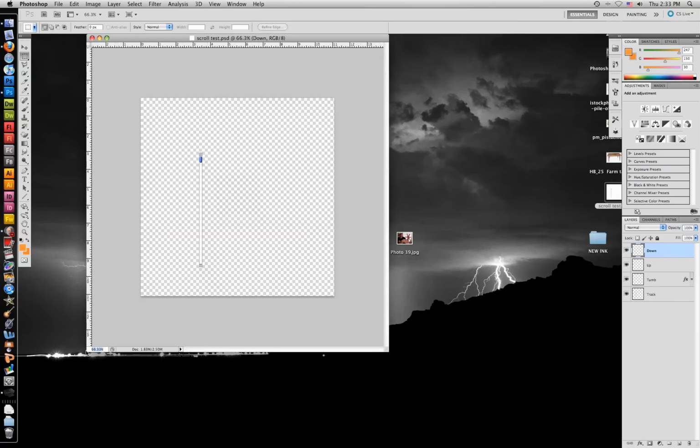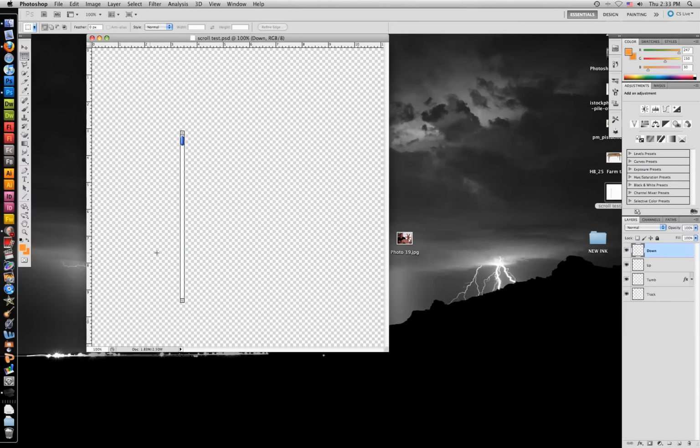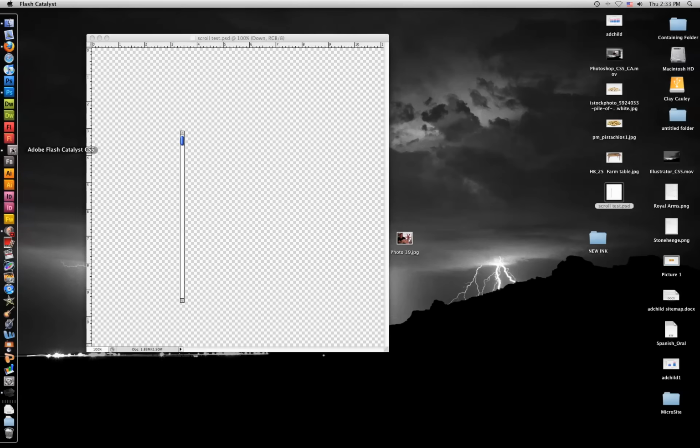Let's go ahead and do this. All right. You'll want a track, which is what you'll slide up and down on, and then you'll want what Flash Catalyst refers to as the thumb, and that's this. So we've got all of that, and I've already made that. So we'll go ahead and we'll go into Flash Catalyst CS5,